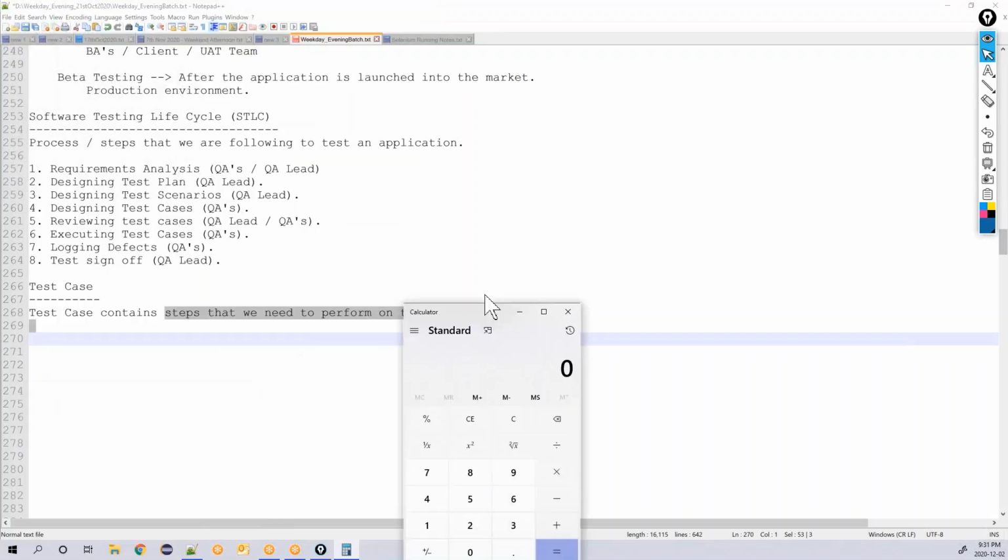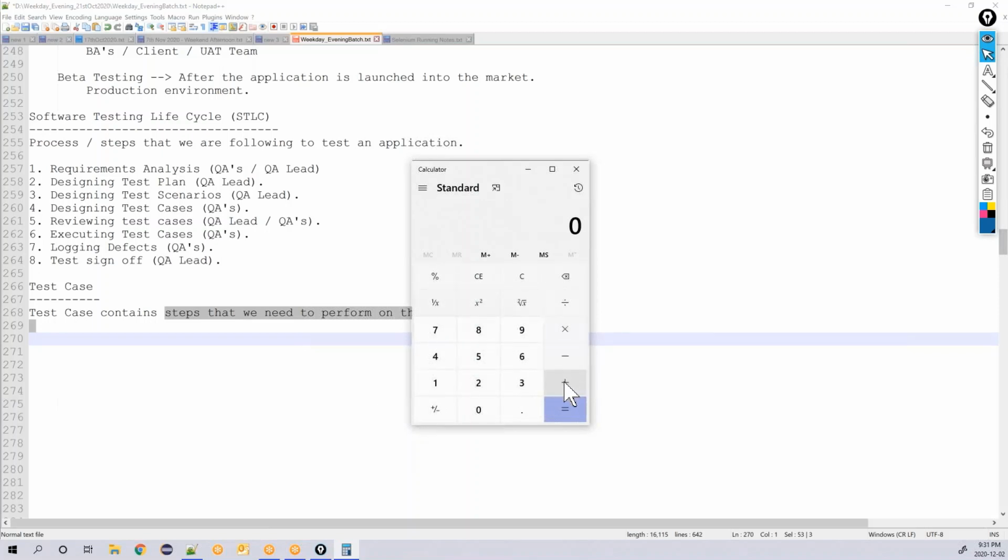So you have this calculator. I want to verify this plus button is working fine. So to do that, what are the various steps you do? So these are the different steps that you will basically do. The first step is you will click any button between 0 to 9. So assume you are clicking on this 8.